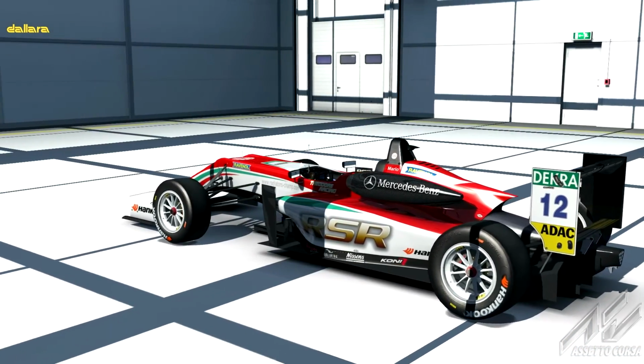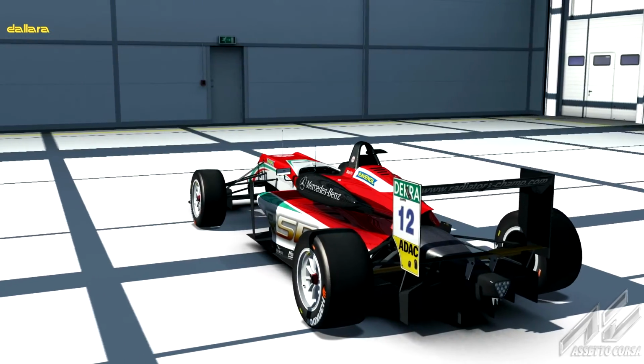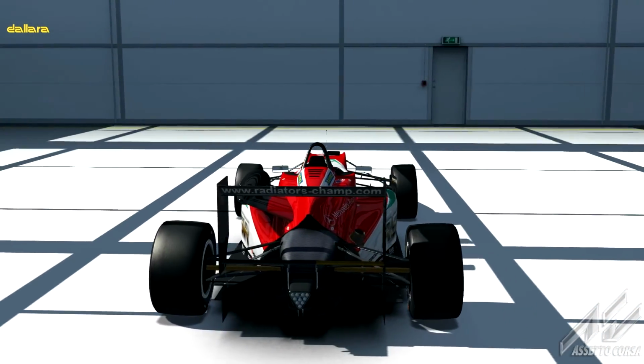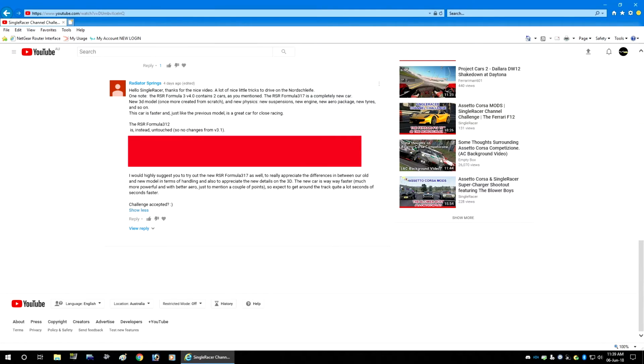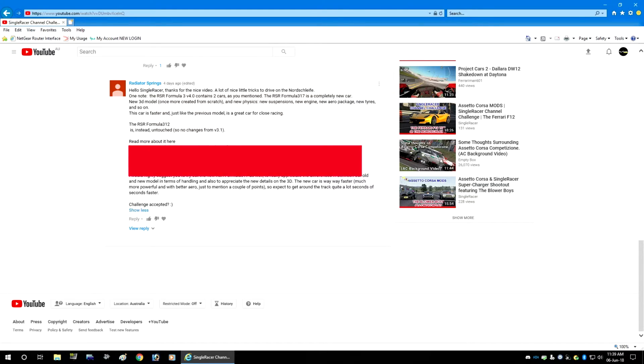Do you reckon I was not absolutely thrilled when I got a direct message from Radiator Springs under that video, aka the RSR website? I'll leave that message up here so you can read a bit of it. In that message they stated that the original Formula 312 is in fact untouched from the previous version, which was version 3.1. They also kindly suggested that unless I had different track settings, which I didn't, because it's a set default setting whenever I'm trying to do a genuine hot lap,